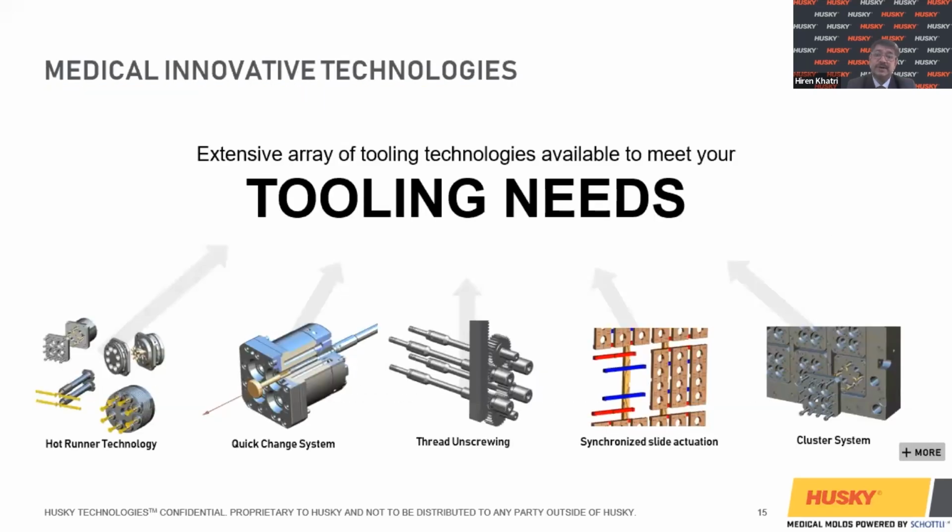Having seen our target part applications from the previous slide, you may wonder how we provide added value with our unique mold solutions. Here you see a small section of tooling technologies that our Shortly molds use in order to meet your tooling needs and provide the best output per investment. Be it the thread core technology to quickly allow you to get access to the sensitive Luer lock feature even when the mold is in place, or unique slider operating concepts to allow for compact and easy to maintain slider